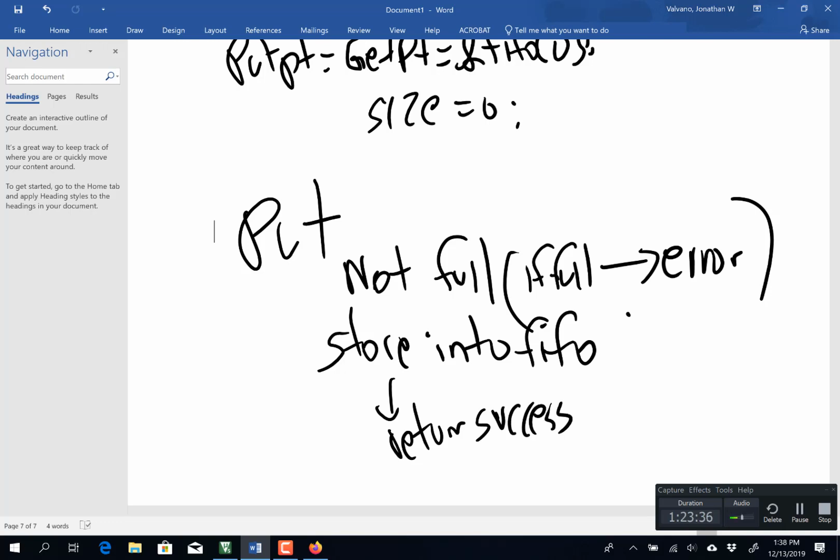Now, it's possible that if you want to put, and if it's full, you could loop. You could busy wait on it. Again, you can't store into something that's full. Okay? You've got to either return with a failure or go back and wait again. All right, so